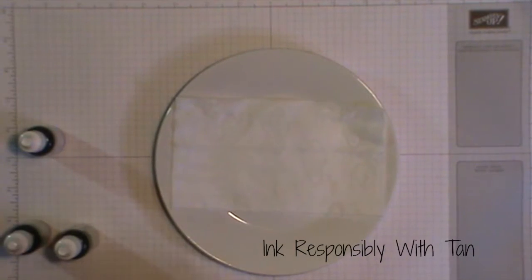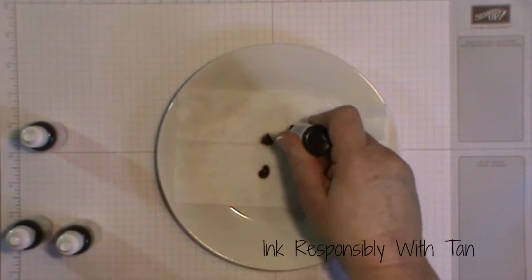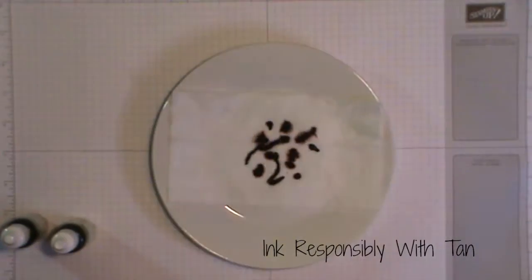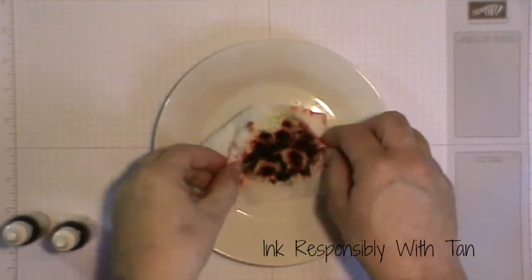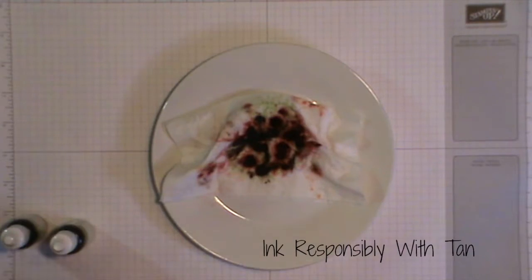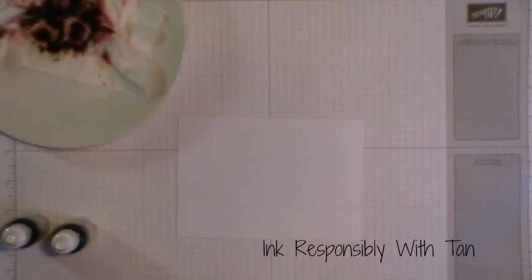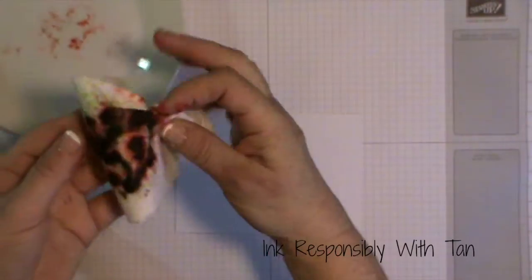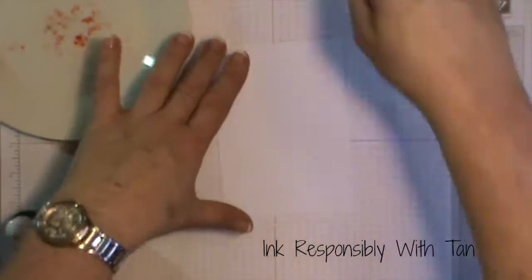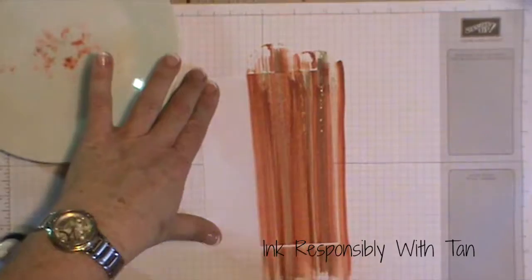Okay, so we'll start by just a couple of drops. Okay, so I've got the ink onto the baby wipe. Now what I'm going to do is grab a sheet of, this is just a quarter of an A4 sheet of Whisper White cardstock. And I'm going to grab my baby wipe. Now I like to pull it down the page. So going like this,